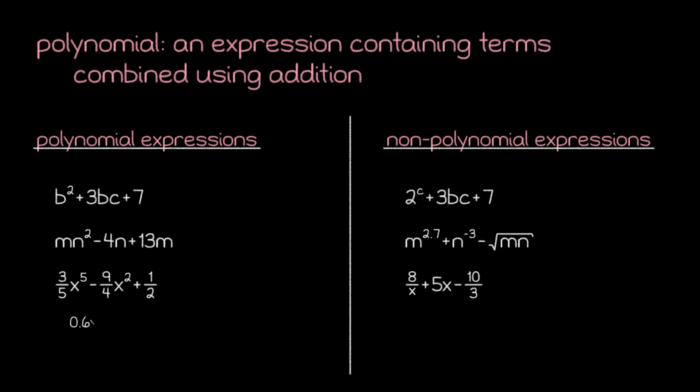Instead, we're just using numbers that aren't integers. But since they're still numbers, they are allowed in a polynomial. One final note here is that our first two example polynomials contained multiple variables. While this is allowed in a polynomial, it's not something that we're going to deal with regularly in this video series. Instead, our focus will be on single variable polynomials, like this final example that only contains the variable x.